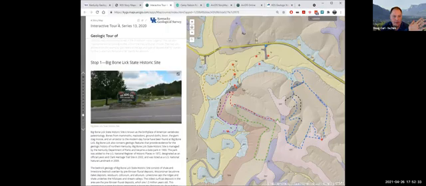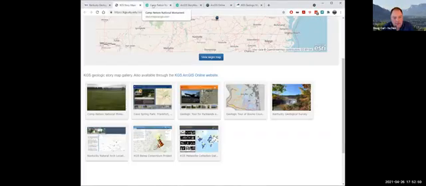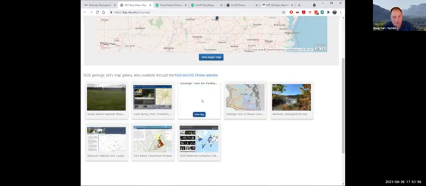You can see we have this series called Interactive Tours, and this is Interactive Tour number 4, series 13. We officially named these our KGS Interactive Tours, but it's a story map. Finally, this year we have some others. We have one on our meteorite collection and another tour that Steve did on Parklands.